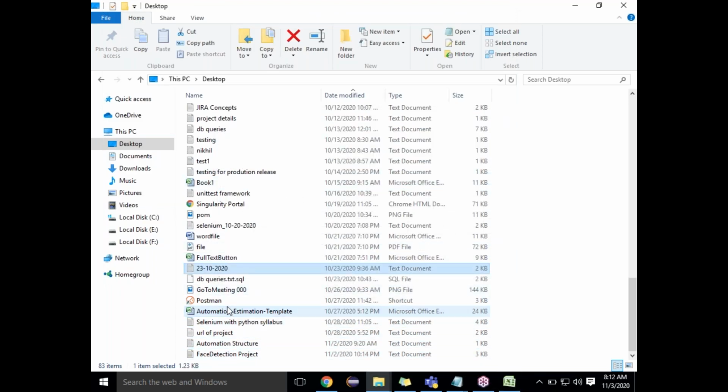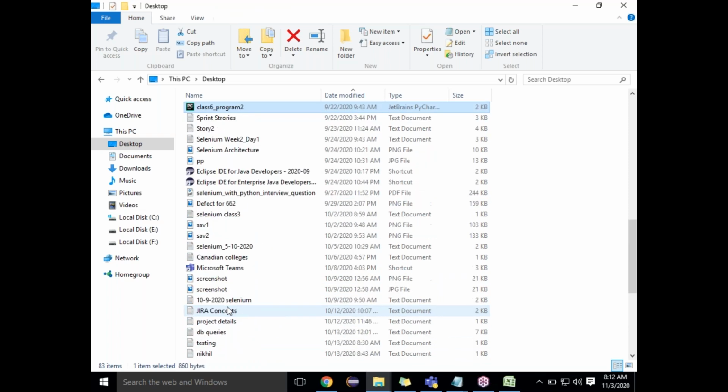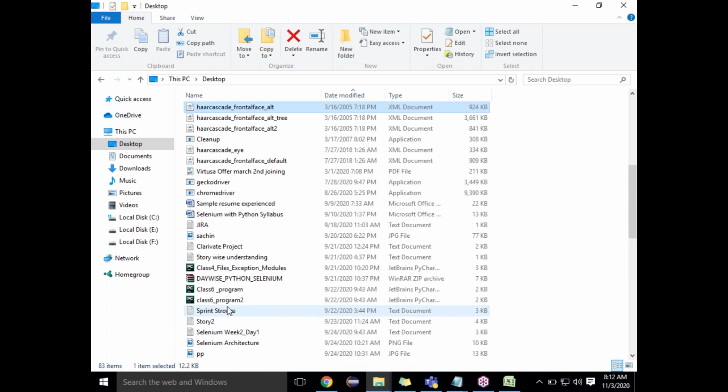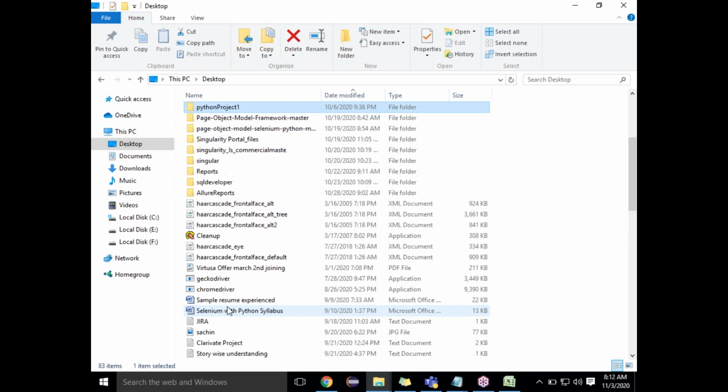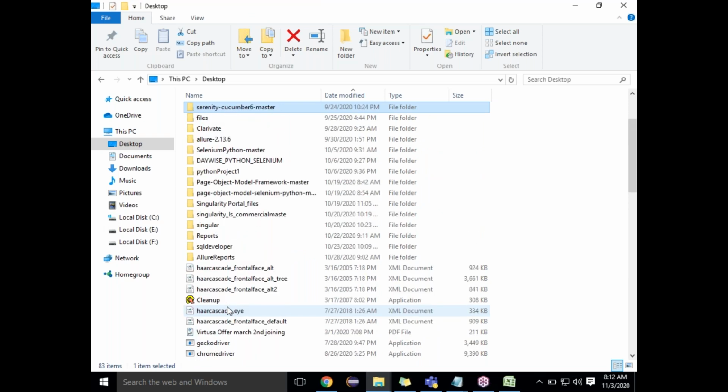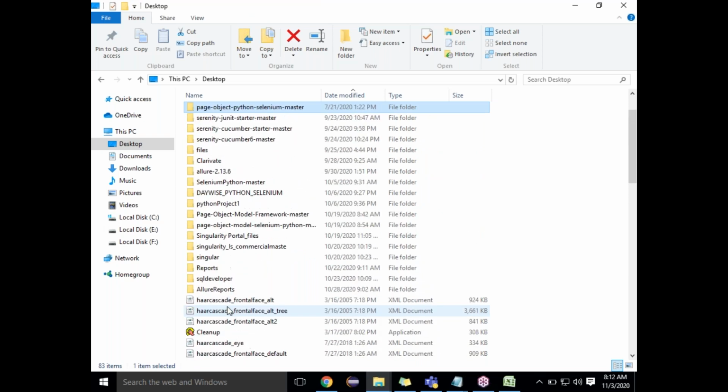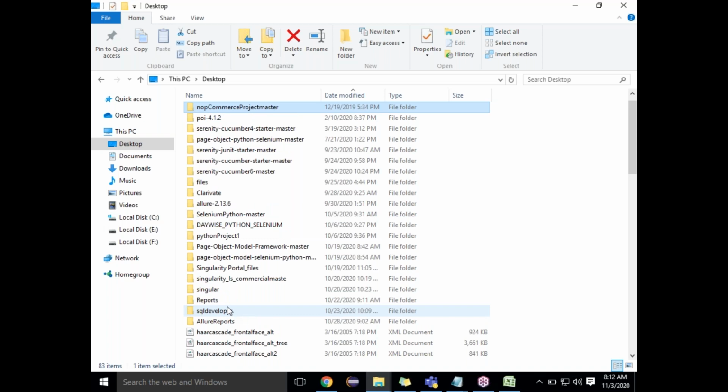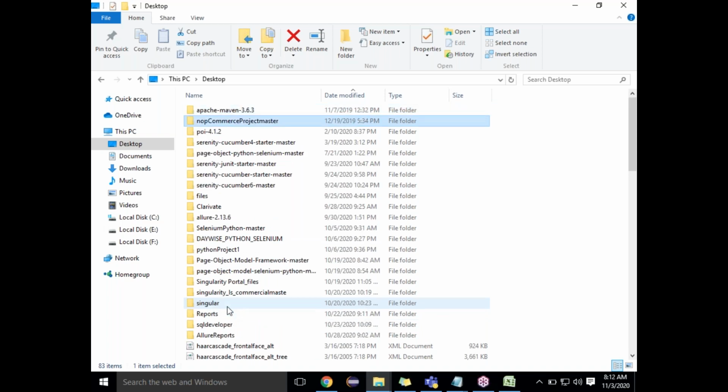Or you can upload it through Excel. Normally, we will write the test cases with an Excel sheet. Excel sheet is what we normally use. I will just show it.